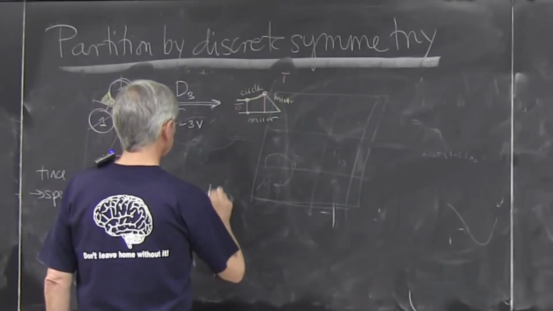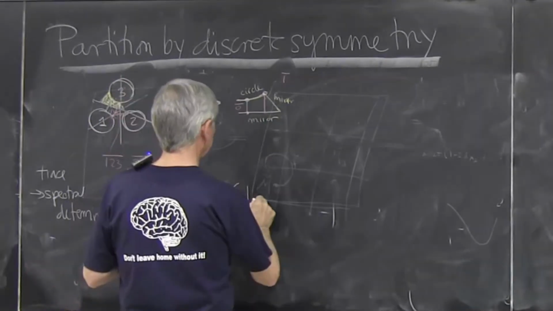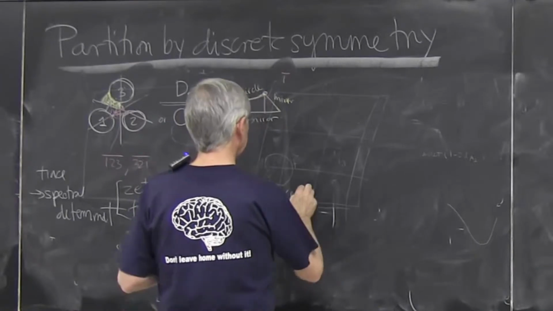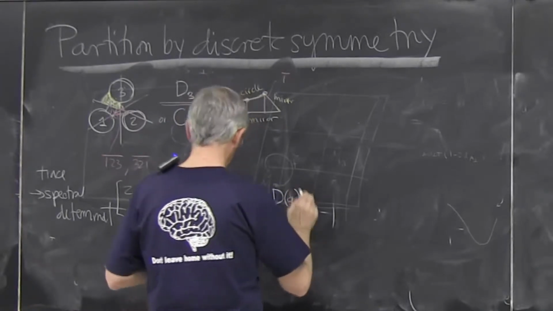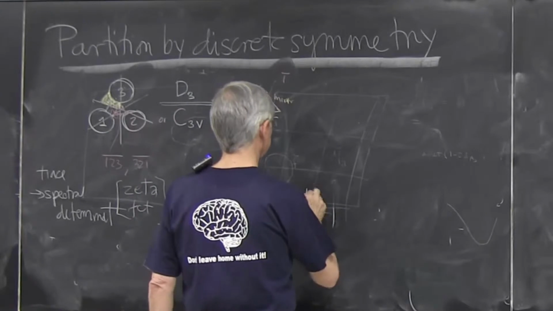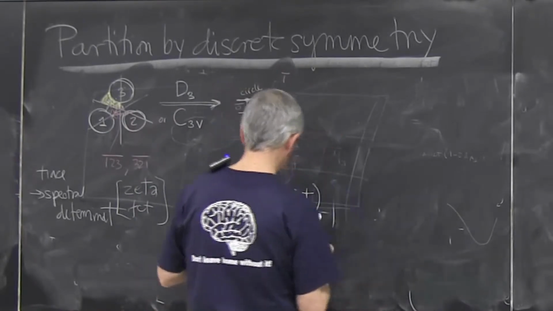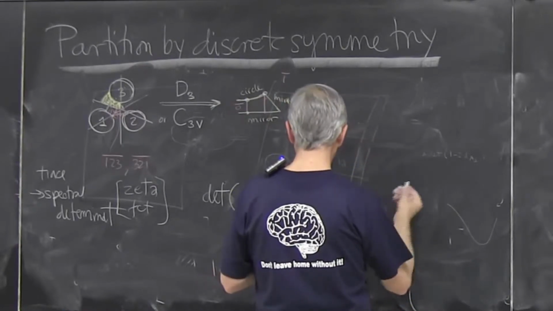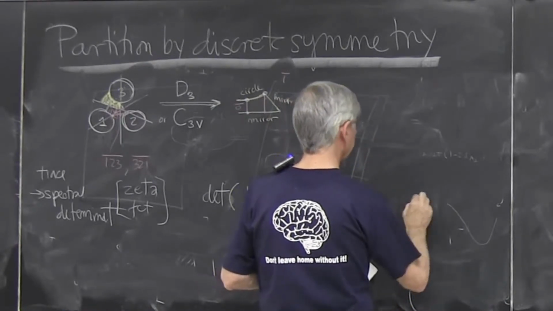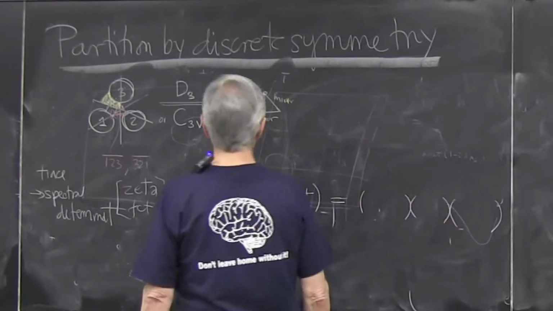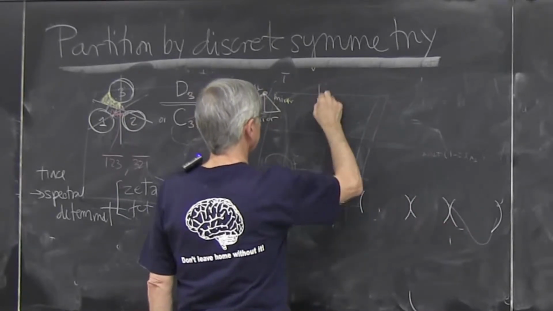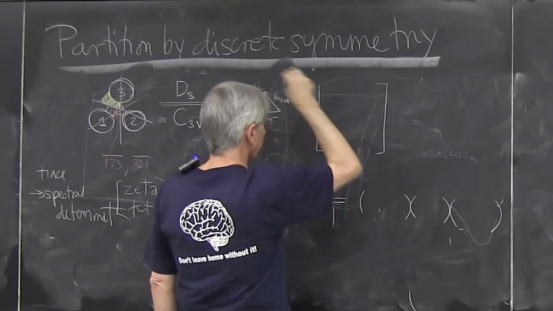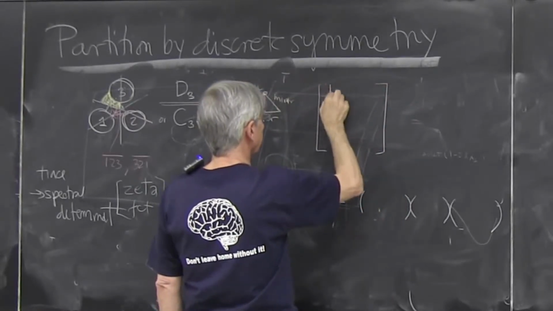So now you'll find the determinant of 1 minus the operation needed to bring this G can be written as a product of 3 terms. And the reason is that groups with 6 elements can always be brought to